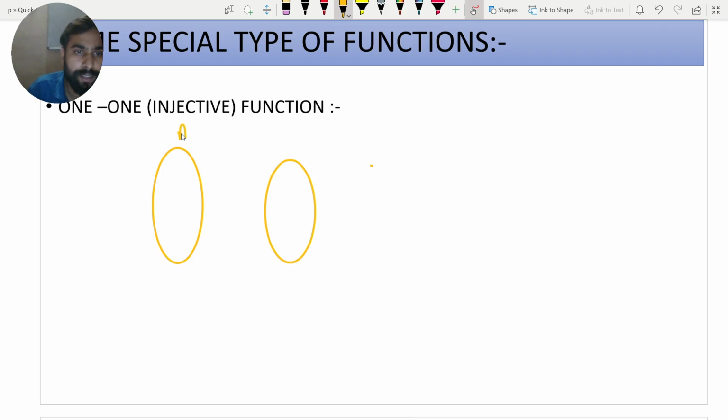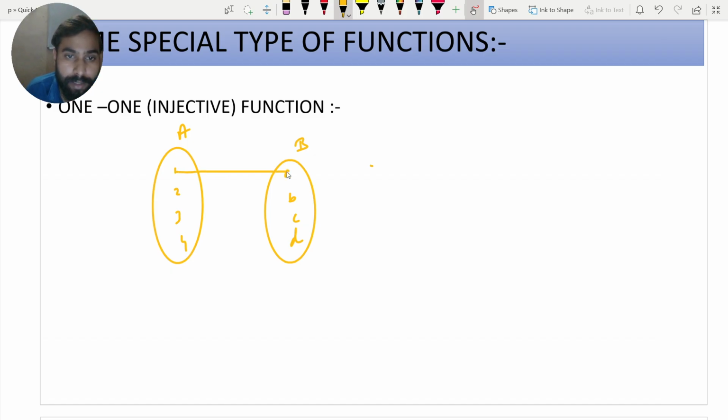Okay, this is set A and this is set B. 1, 2, 3, 4, A, B, C, D. Now, what does one-one function say? Each element of set A should have a unique image in set B. This is called one-one function. Not more than one image should be in set B, which is called the codomain.